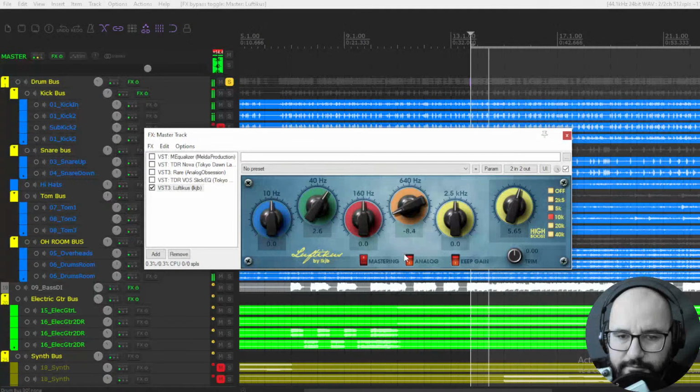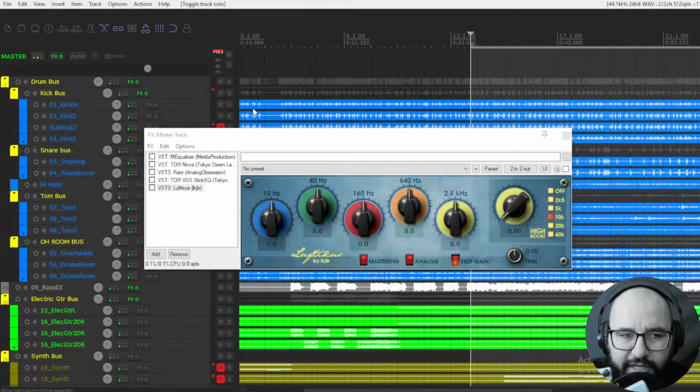Right. Let's... super cool EQ. Let's put it back to default here, and let's use it also in the full mix.